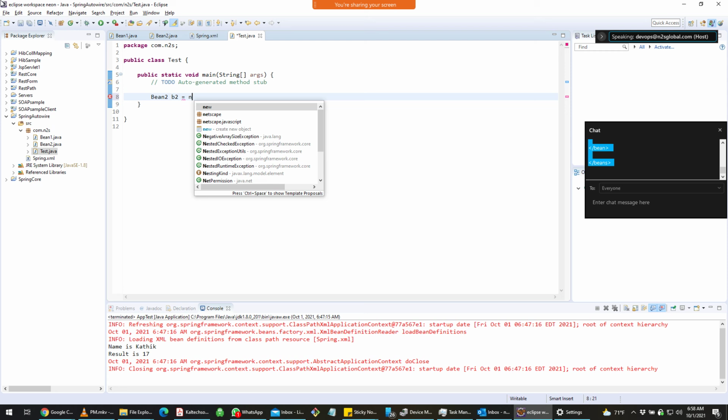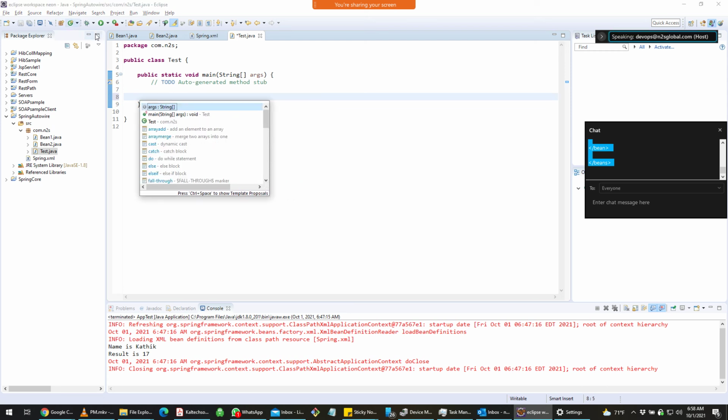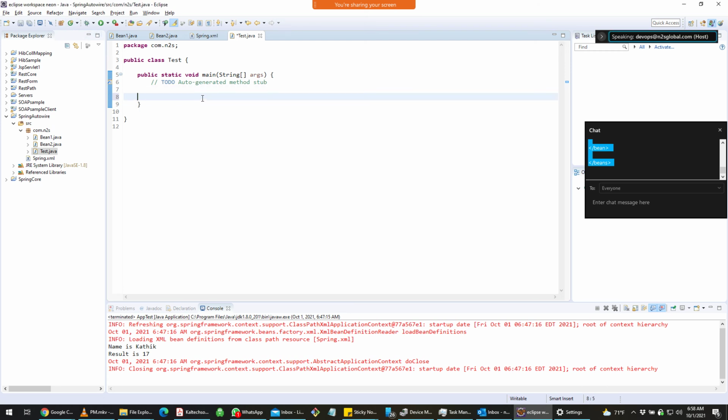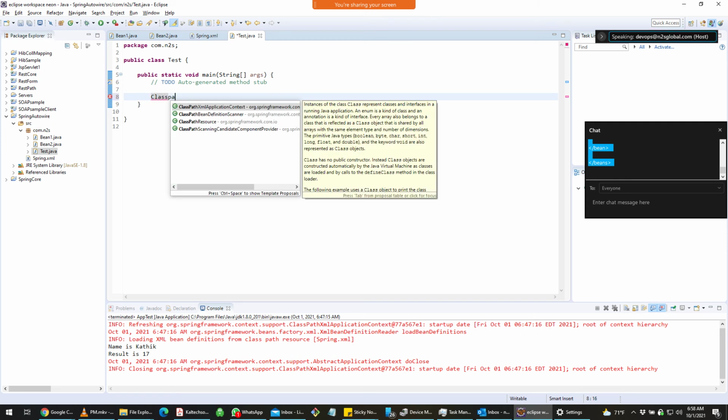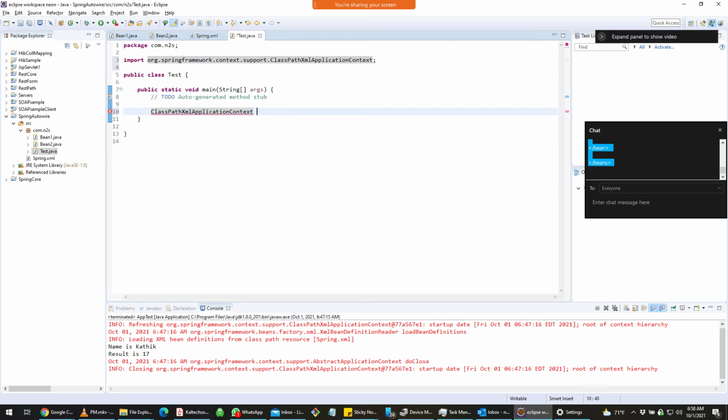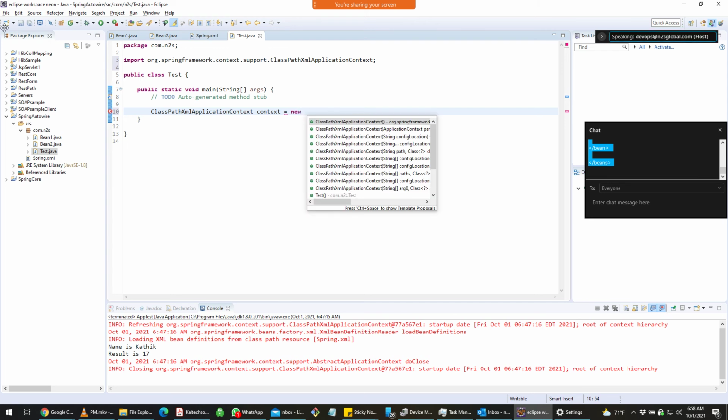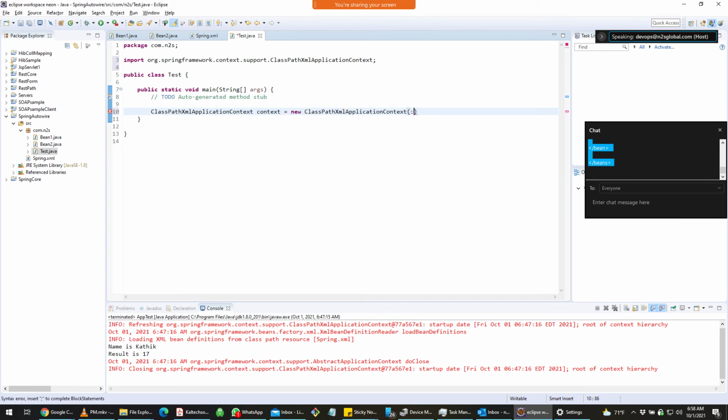First, what you need to do is use ClassPathXmlApplicationContext. Load your spring.xml. Context equals. Okay. Next line, bean2 equals